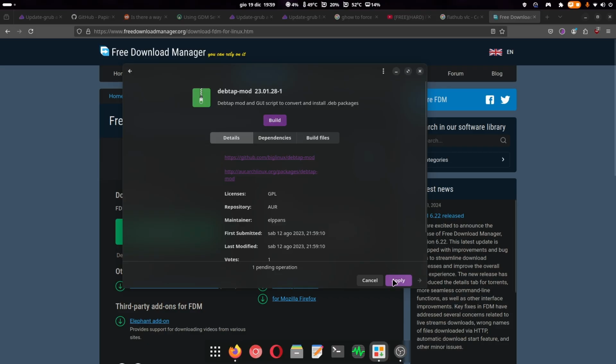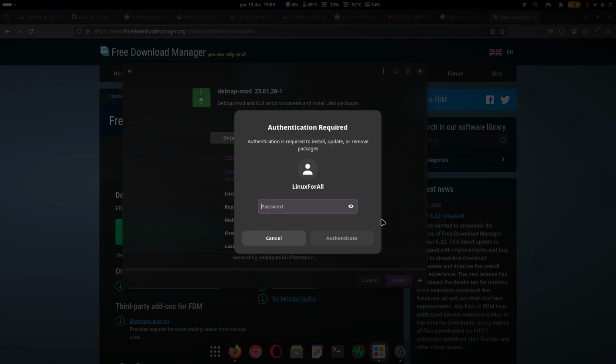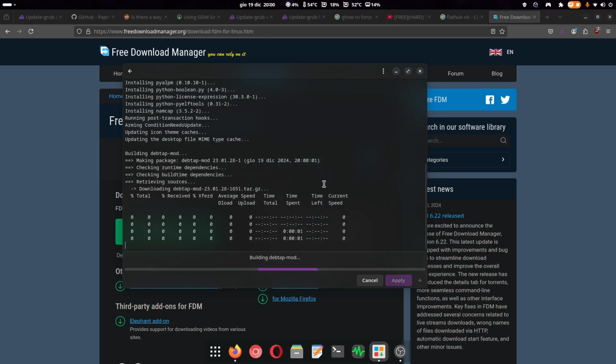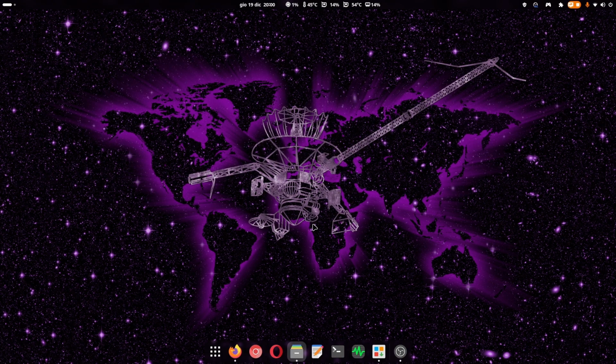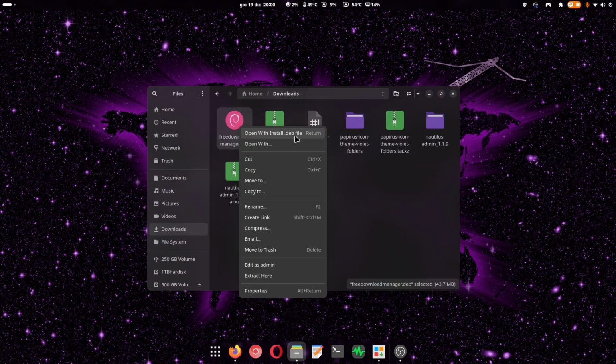So you're going to build it, and you're going to apply, you're going to say yes, and then you just have to wait until it finishes building, which is going to be very fast. So it already finished, and it took like 10 seconds. So now when we open our file manager, if we right click, as you can see it pops up install